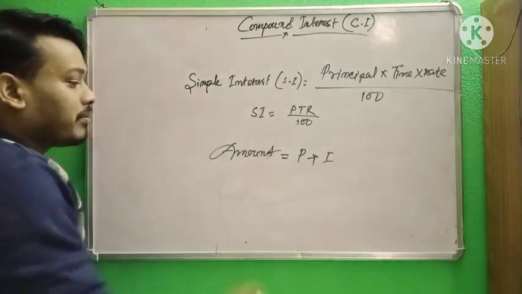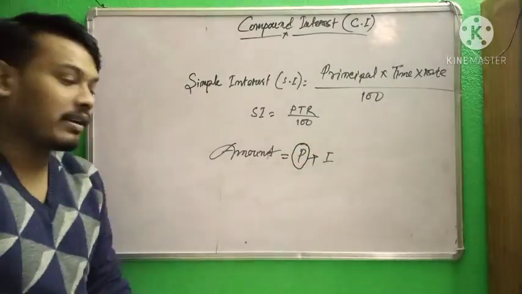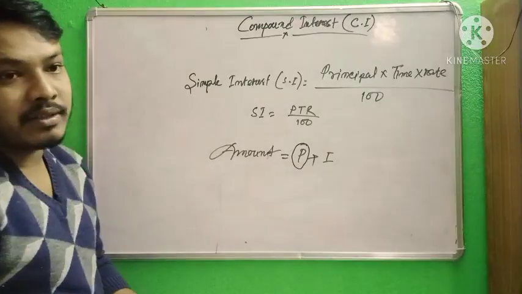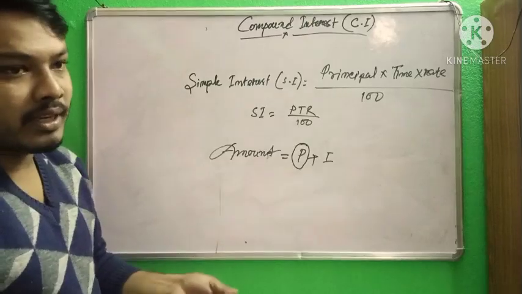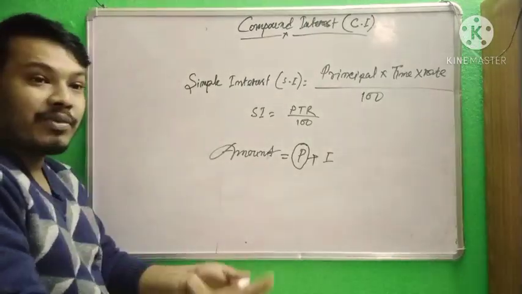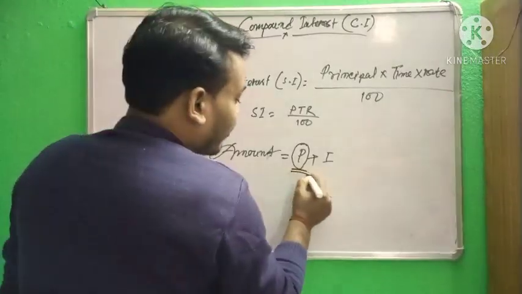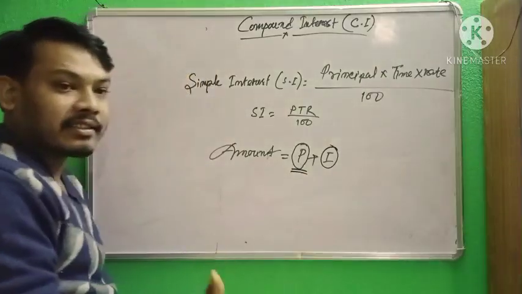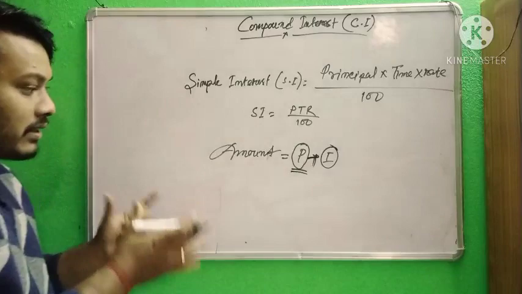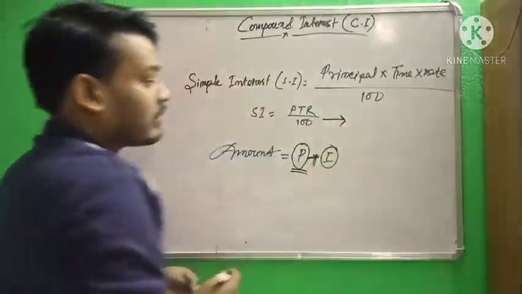That means whatever amount you lend from your friend, or deposit somewhere, after 2 or 3 years, what is the amount you will pay your friend, or how much amount you get from the bank. It is your amount plus extra interest. If we add these two values, the total value is called the amount. Okay, so from here we can rewrite the formulas.